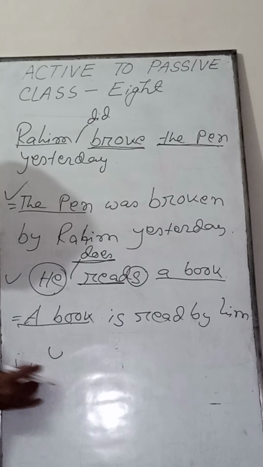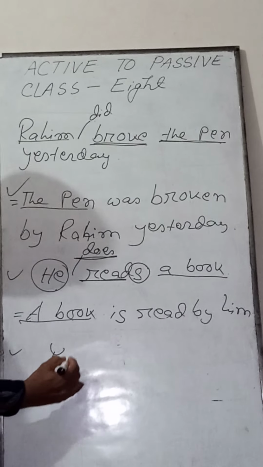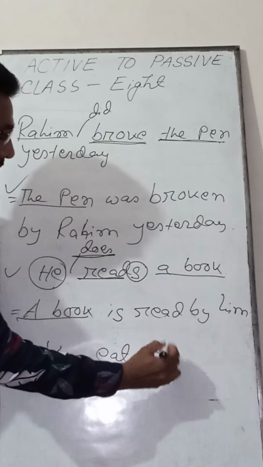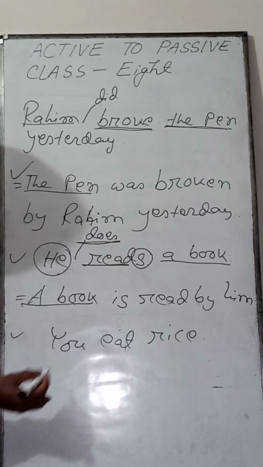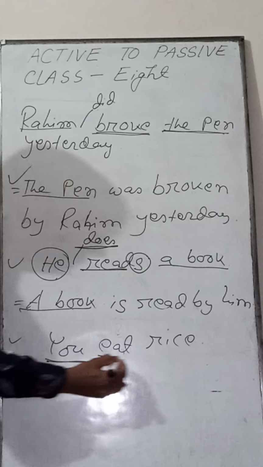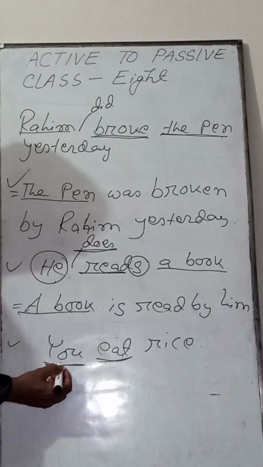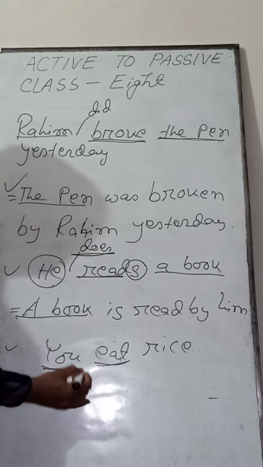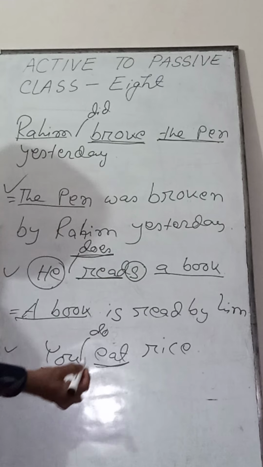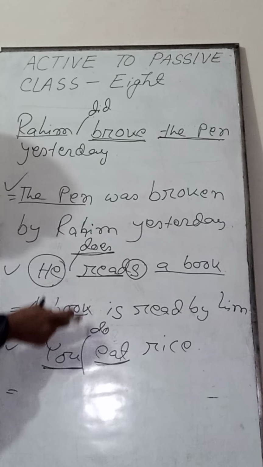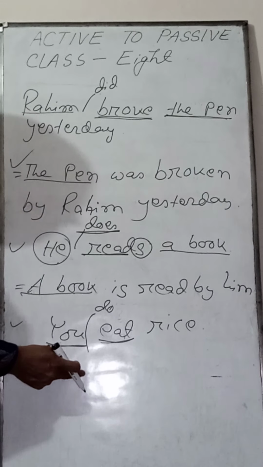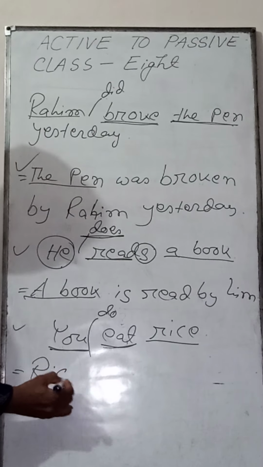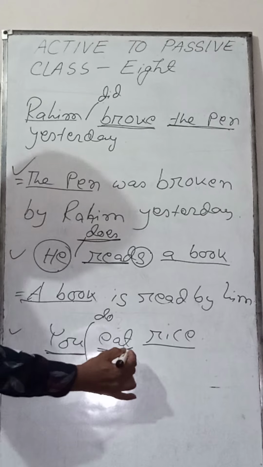Same as, you eat rice. You see, "you" is the subject, and it is present tense. If you find a present tense after the subject, here the auxiliary verb will be do. In the case of do or does, the auxiliary verb of the voice will be am, is, are. Here, rice is the object. And you have to write first the object: rice is eaten